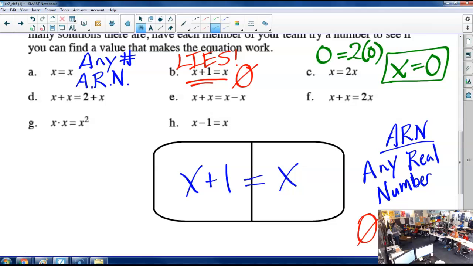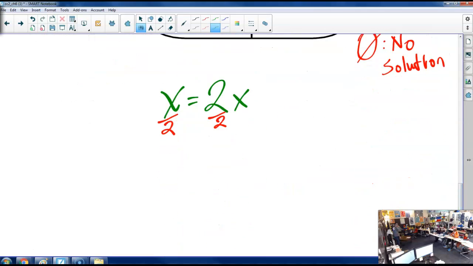Now, the instructions on the paper say to write one solution or no solution. You can just write x equals 0. That shows you that there is one solution. Always remember our algebra rules, that we can do whatever we want. That's why I came down here. If we take that equation and try to apply our algebra,